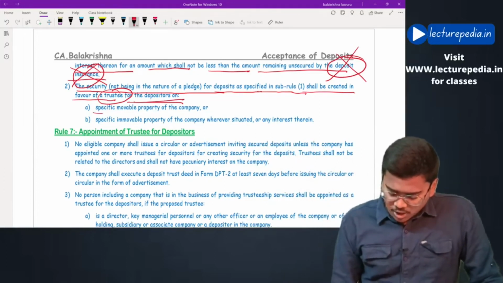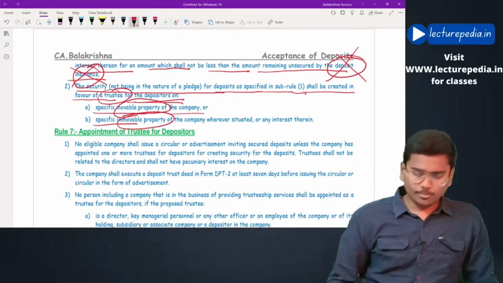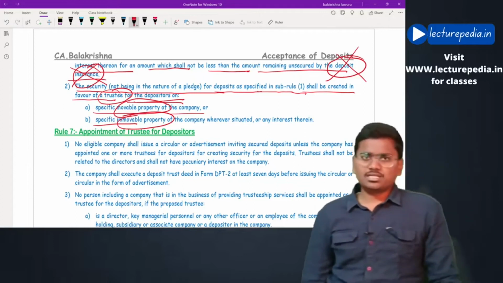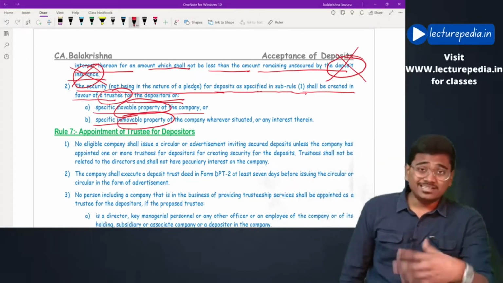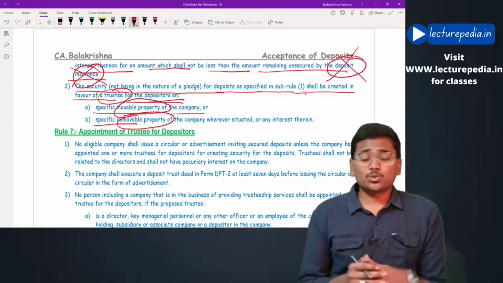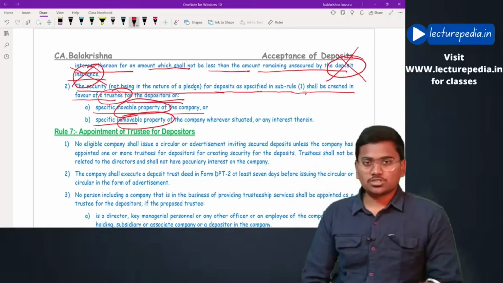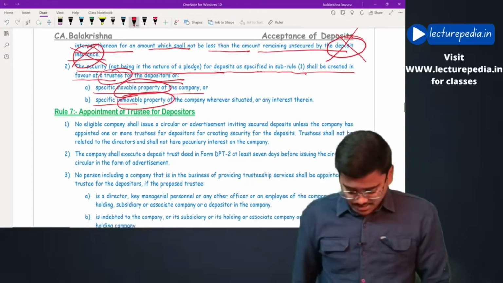The depositors on specific movable property of the company or specific immovable property of the company. The charge can be created either on movable or on immovable property. Hope this is clear. But on intangible assets it cannot be created. The company cannot give security of its intangible assets. Those assets must be tangible assets. Hope this is clear. Next,